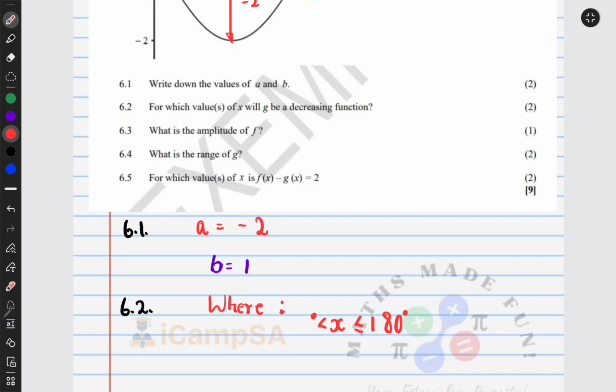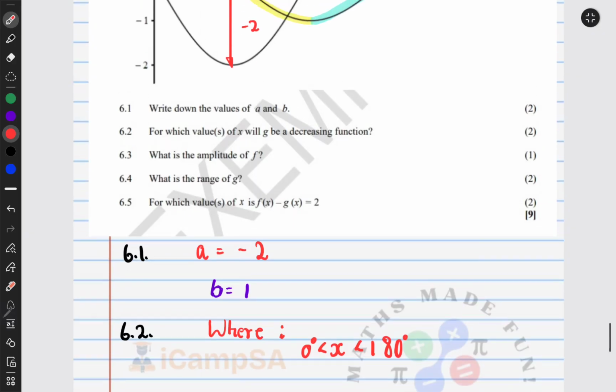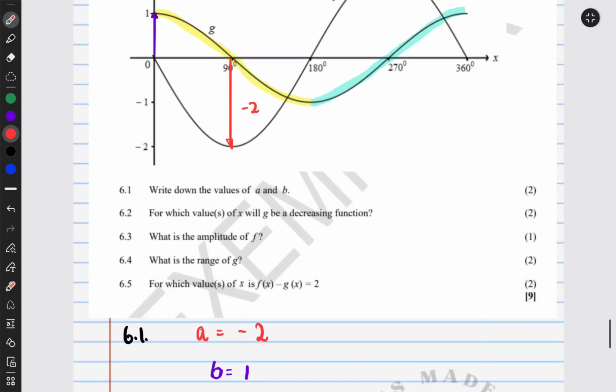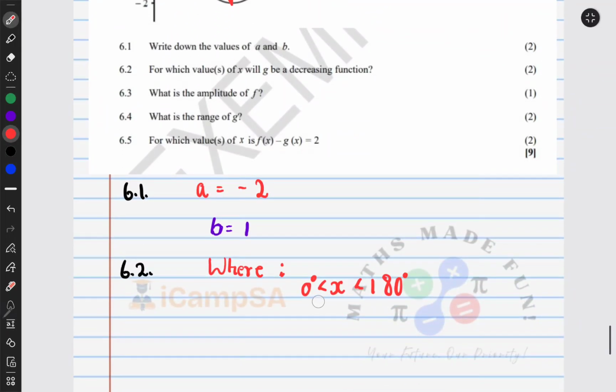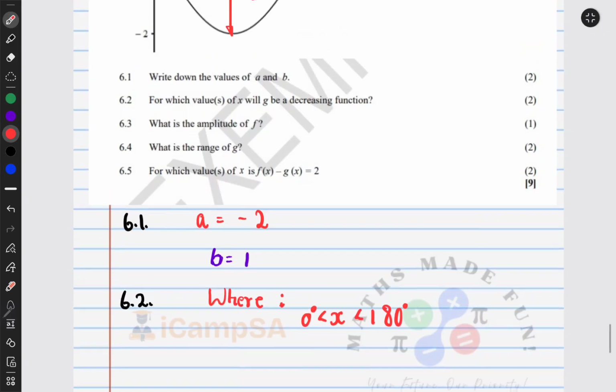We have to just say where x is greater than 0 degrees but less than 180 degrees, because at 180 degrees the function is stationary. It is neither decreasing nor increasing. That's a stationary point. So yeah, and also there at 0. Okay,